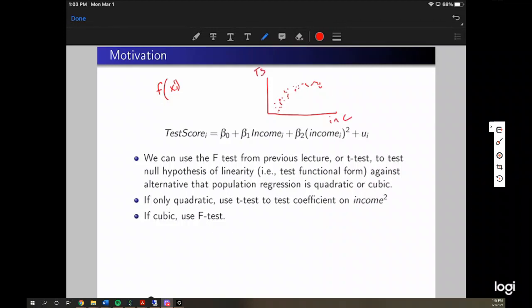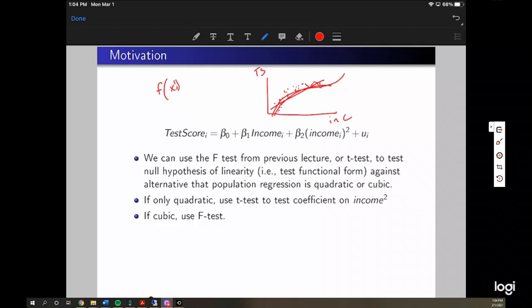Is it a linear model? Is it a quadratic? Is it a cubic? Or maybe even a logged functional form. So we're going into testing different models. We can use F statistics to do that. And so here we can use the F test from the previous lectures or the T test to test the null hypothesis of linearity. In other words, we can test the functional form against alternatives